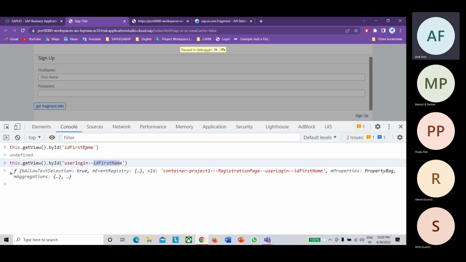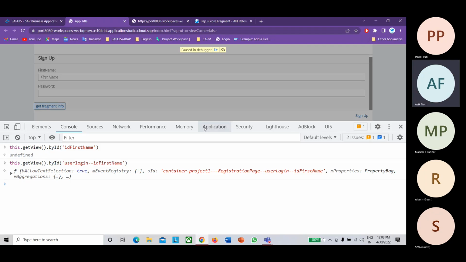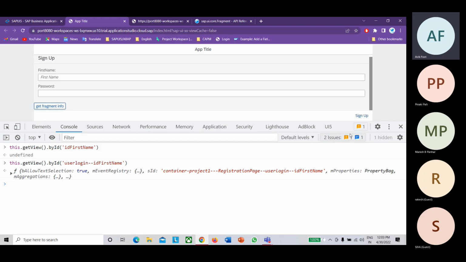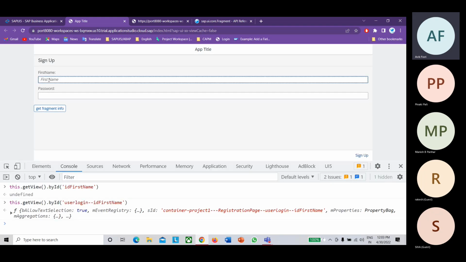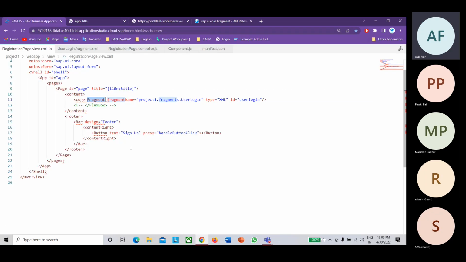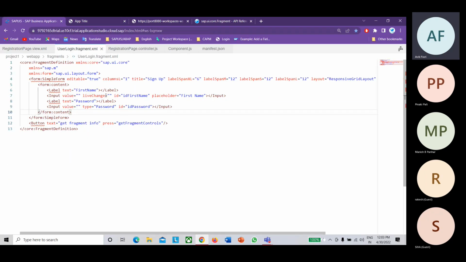Okay, guys, any questions on this? Guys, any questions? No. Avik, you were explaining that live change. What is that? Yeah, that liveChange, it's an input field event. It's just a normal event. That event will be fired every time you enter a character inside the input field. I thought of explaining it, but it's not required now. This purpose has been fulfilled with the button.